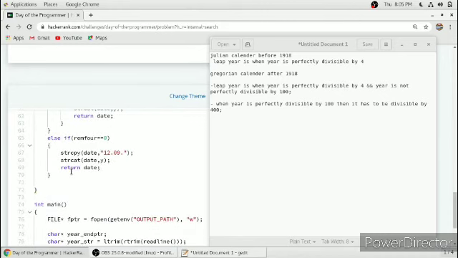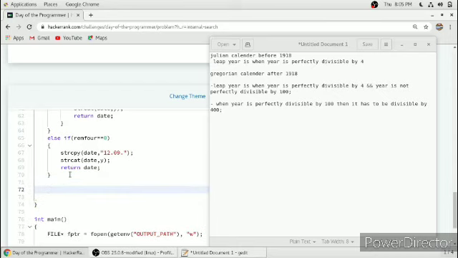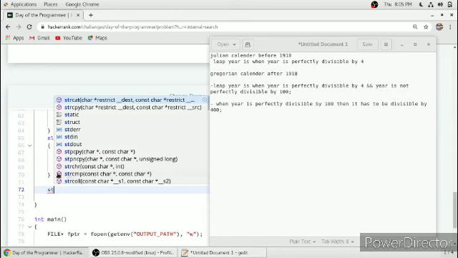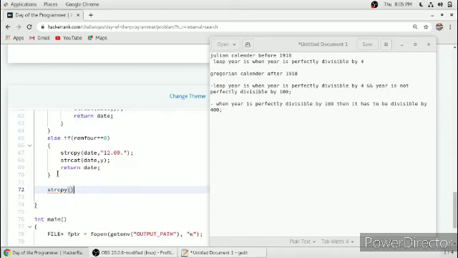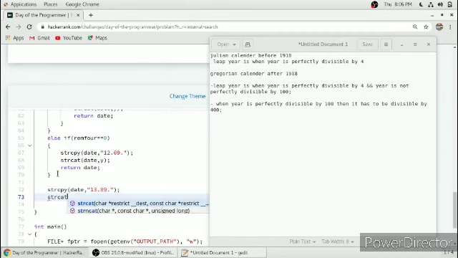And when the year is not leap, then the date will be 13th of 9 and that year. So when none of these conditions is satisfied, we use strcpy of date comma 13th of 9 dot, semicolon, and strcat, string concatenate, of date comma y, and we just return our date here.